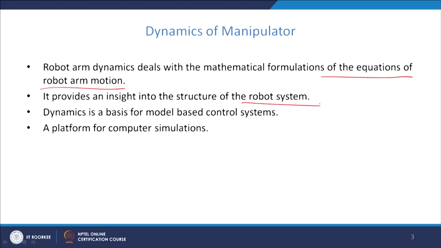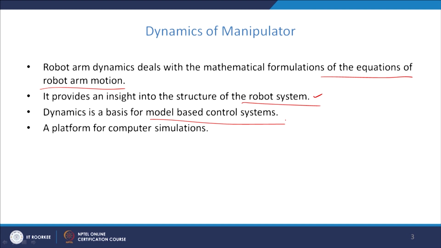So, for example, if a robot is having n joints, then there will be a system of n second order differential equations, and the structure of the equation varies whether a particular joint is a revolute joint or prismatic joint etc. So, the equation of motion or the dynamic equation indicates the structure of the robotic system, and the dynamic equation is very useful in constructing the control of a robot manipulator for obtaining a particular motion of the manipulator.